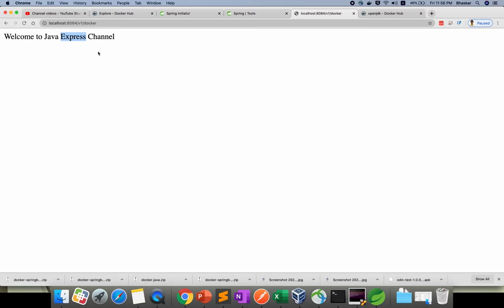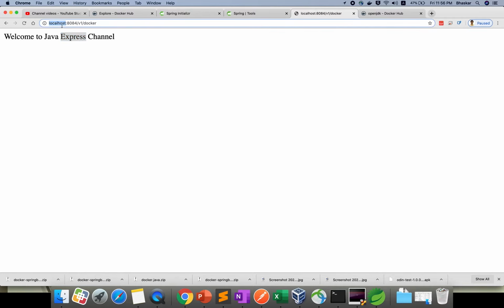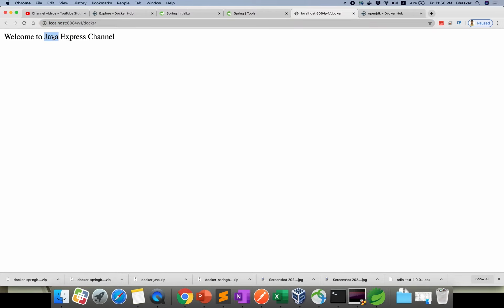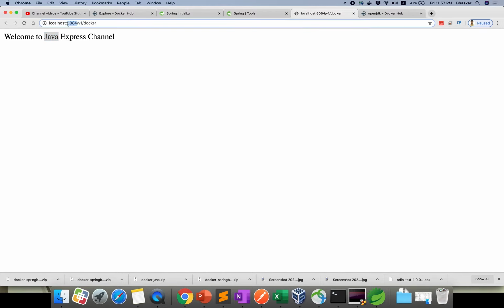Now you can use this Docker image to run your application. You don't need Spring Boot, you don't need to download the jar file, you don't need to do anything. Simple: you have a Docker image with everything, all dependencies and software. So just go and run this application, and it will work for you. If you are really running it, please leave a comment whether it is working for you or not.